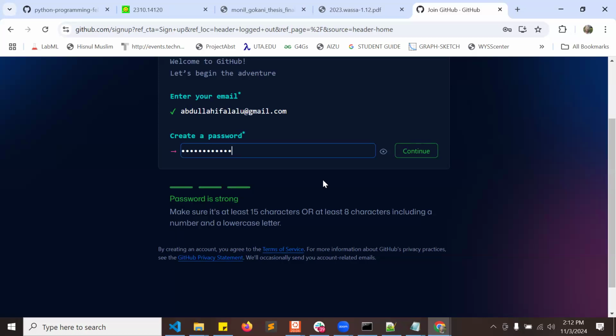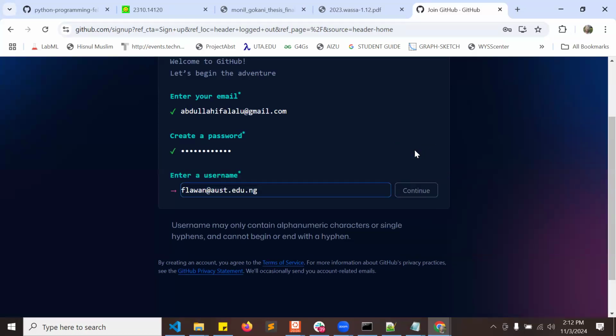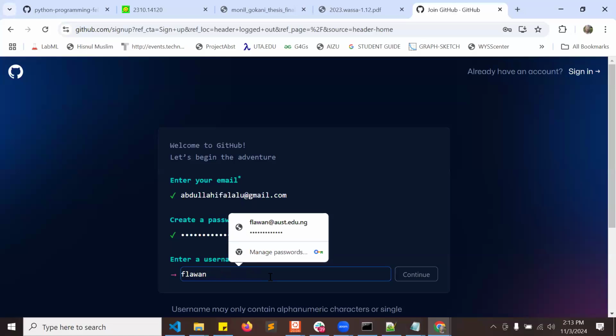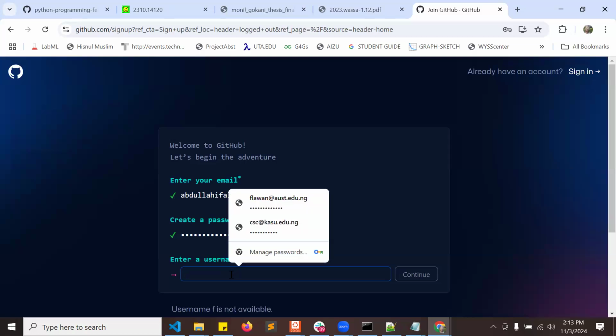So you see my password is strong, so I can just continue. So I should enter a username. So here you can choose a username that suits your mind. So I can call it